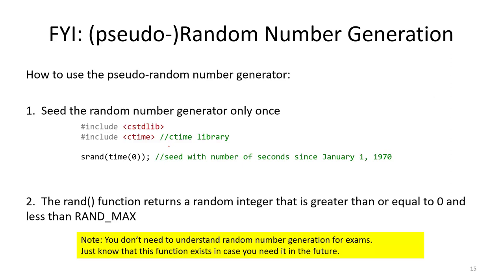I'd also like to share another predefined function that is occasionally useful for certain types of math and engineering problems. This is called a pseudo random number generator. Here we say pseudo because the number is not truly randomly generated. It actually will have kind of a distribution associated with it. But if you need to do some calculation that requires a random number, this pseudo random number generator will work